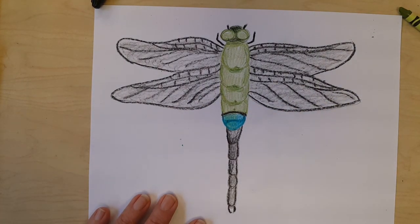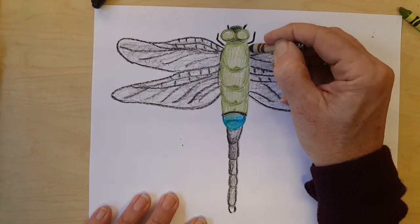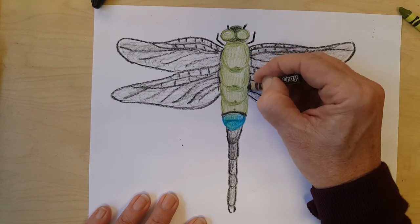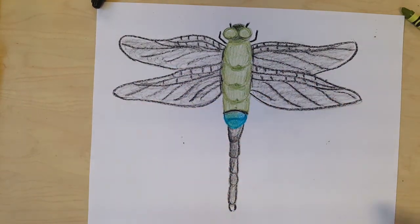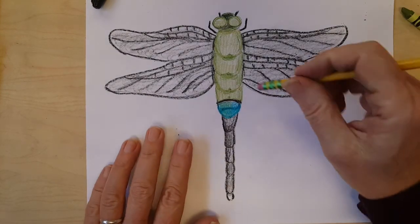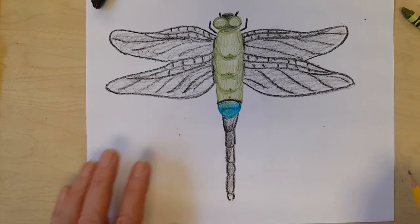Now I'm going to add, I see that to me it looks like it needs a little bit of darkness in here. And keep in mind that there are two other sets of legs that we don't see in this picture because they're underneath the wings. Okay, so this is pretty much done, and when you're through, you can go back and figure out where you want your pencil lines to disappear, darken things up or lighten things up where you want,